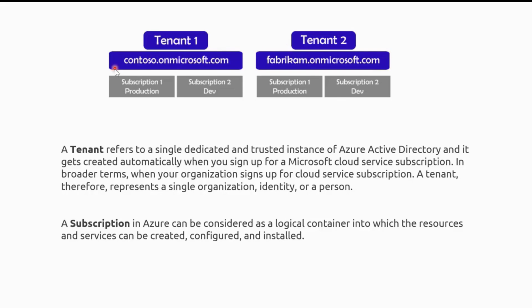Now, every tenant would have a corresponding tenant name, correct? So for tenant one, my tenant name is Contoso. And for tenant two, the tenant name is Fabrikam. Now, within my DataSearch training tenant, correct, I can have multiple subscriptions, meaning within the building, like Microsoft. Within the building, okay, now as an owner,